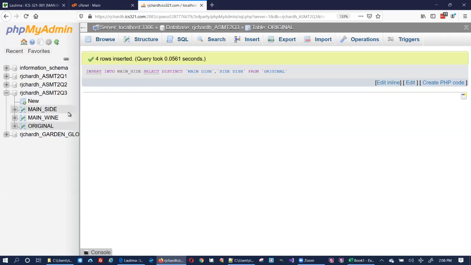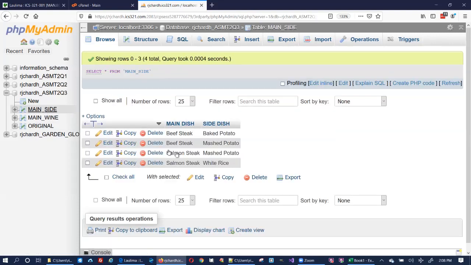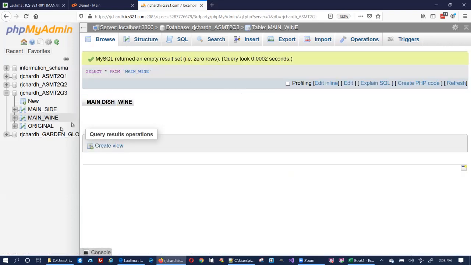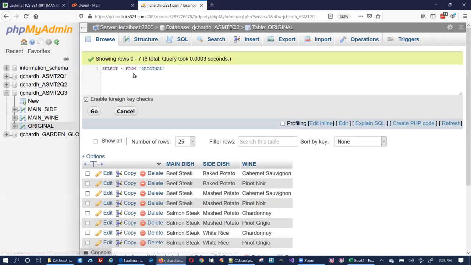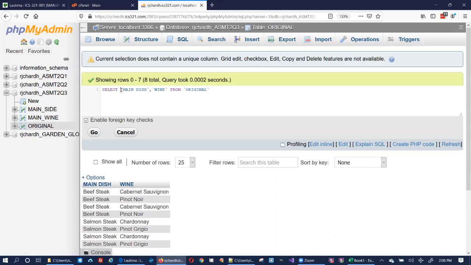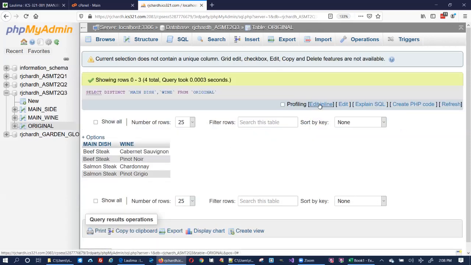There we go. So main side now looks like this. Main side, and it's all key, just like that. And so main wine is empty right now, and main wine is going to be select main dish, comma, side dish, from wine. We don't need the backticks, but we can put them there. Of course, there's duplicates, so let's distinct it. And that looks like that. That's what we want. So now let's put